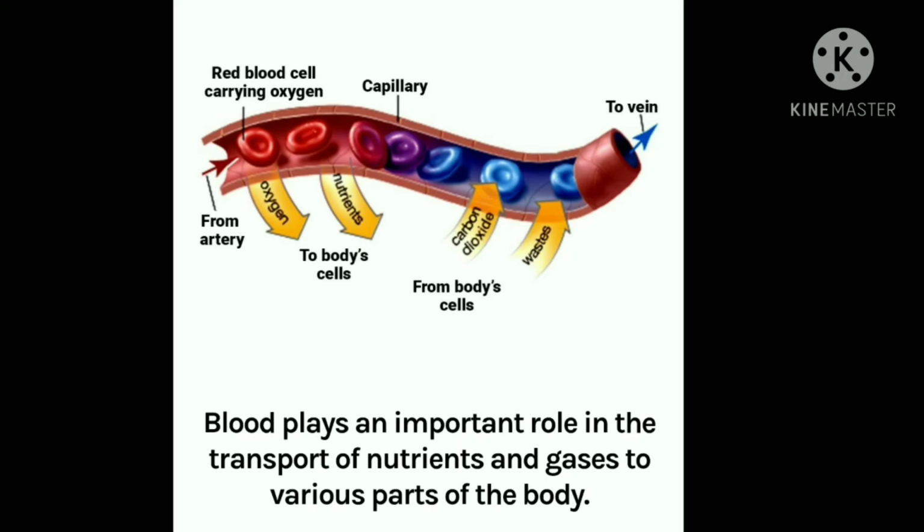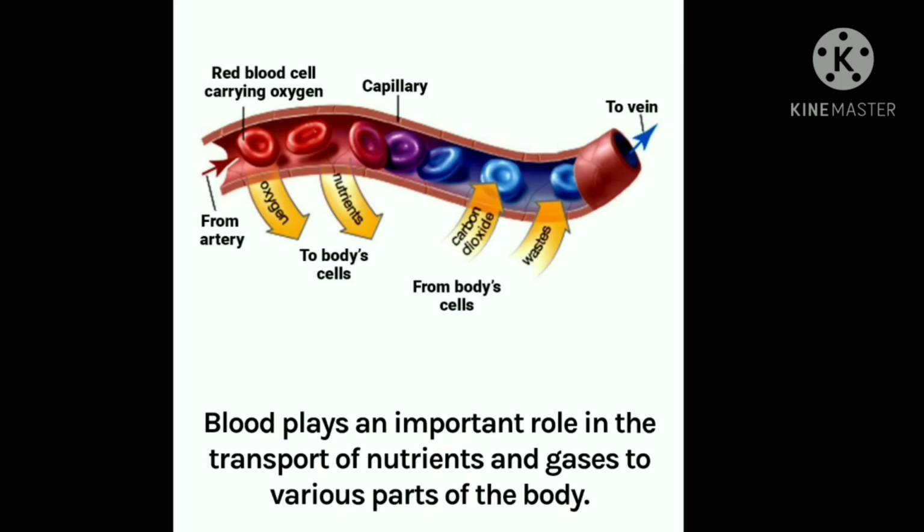In this cellular respiration, whatever carbon dioxide and waste material is created gets absorbed in the blood, which makes the red blood cells, because of the deoxygenation or the concentration of carbon dioxide, turn to a bluish purple color. When these red blood cells absorb the oxygen, they again turn to the red color.